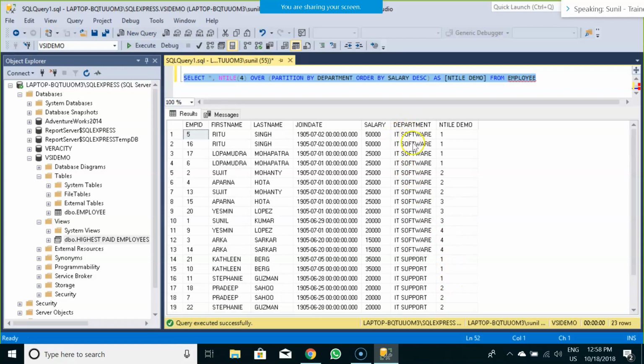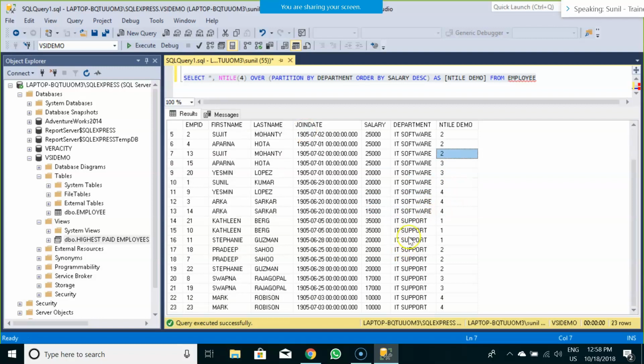Now in the market segmentation example that we had earlier, if we map that example to this, what does this department correspond to? Let's say area. The customer from region A with the highest salary spend would fall into the first bucket. The customer from region A with the second highest spend would fall into the second category. Similarly, the customer from region B with the highest spend would fall into this category, and the customer with the second highest spend in region B would fall into this particular category.